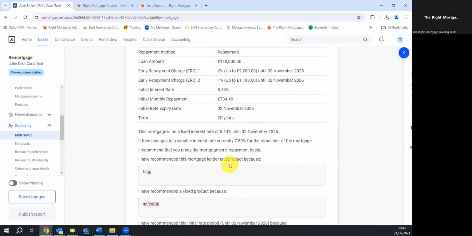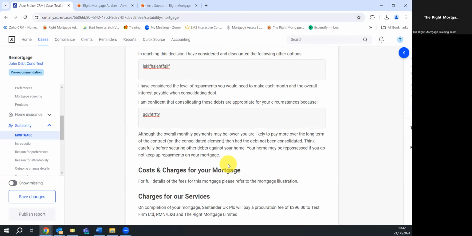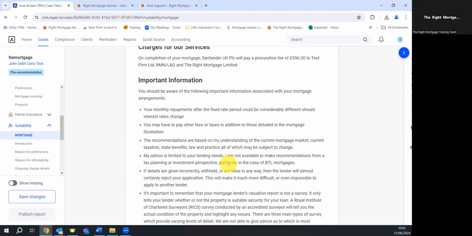Those of you that have been on the training so far will probably be sick of me saying, if we don't tell you that a policy has changed, nothing has changed. Okay, I do say that quite a lot. Once we're happy with everything on there, again, we can save our changes. If we're happy that that's all done and it's ready to go out to the client, then we can publish